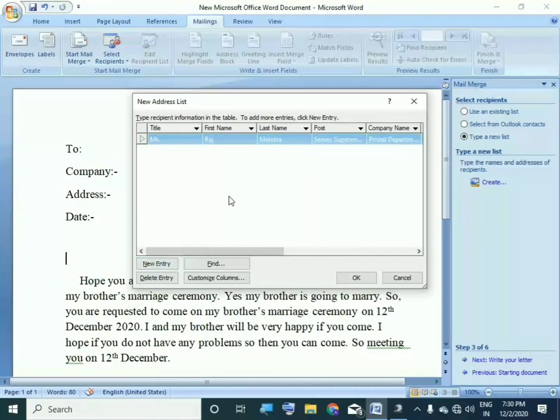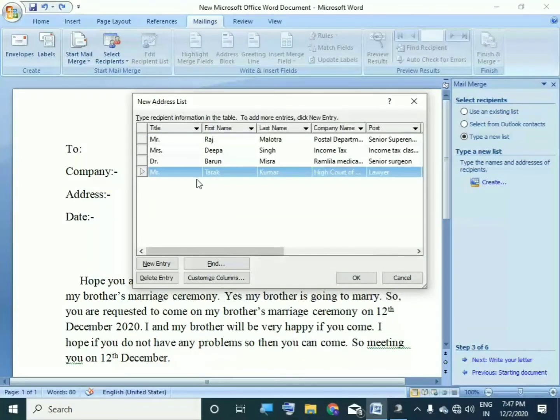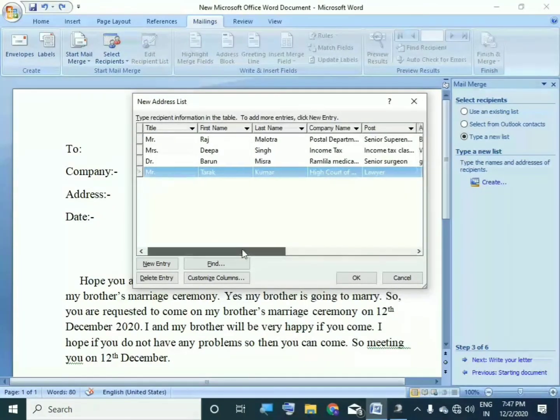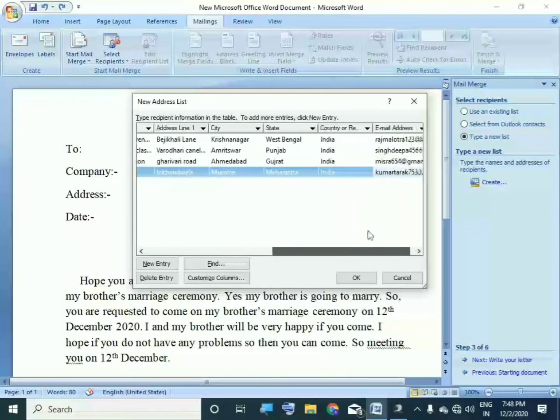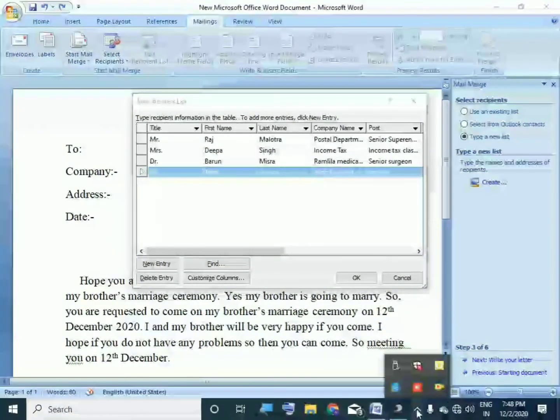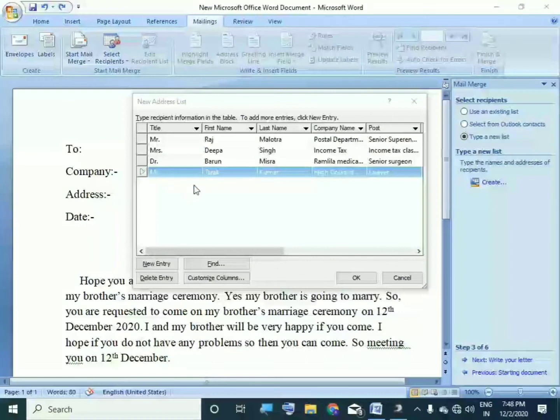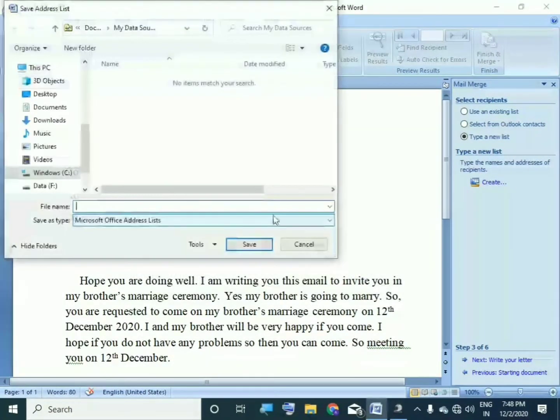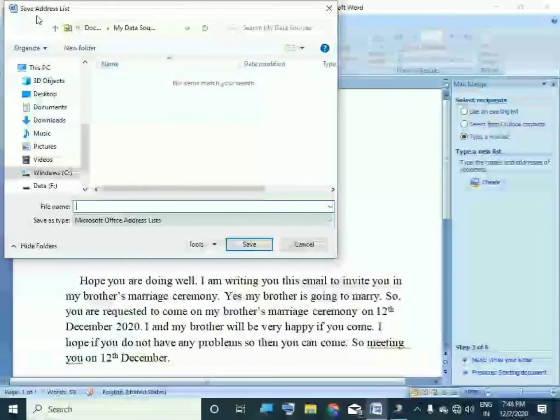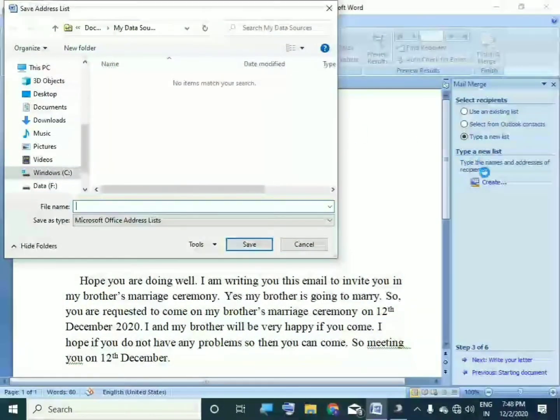Okay, so I have given the required information. So we will just do new entry. That means many other participants will be visible. So let's add many other participants. So I have now written the participants or recipients list here. So now I am going to click OK. As I click OK, a folder comes here, save address list.